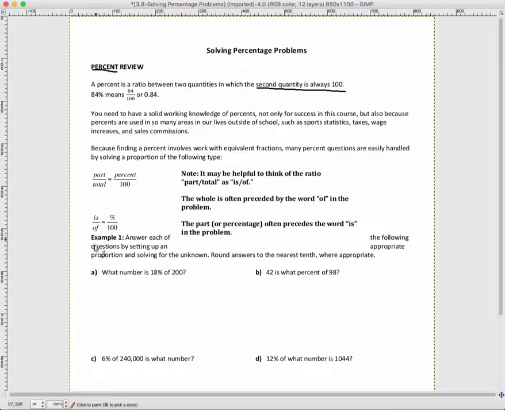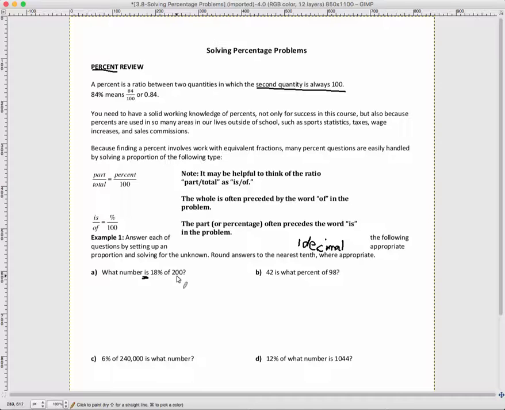Now, unfortunately, when I PDF'd this to record the lesson, question 1 kind of got cut off here. So it reads, answer each of the following questions by setting up an appropriate proportion and solving for the unknown. Round all answers to the nearest tenth, so that's 1 decimal, where appropriate. All right, so if we look at what number is, there's an important piece of information,